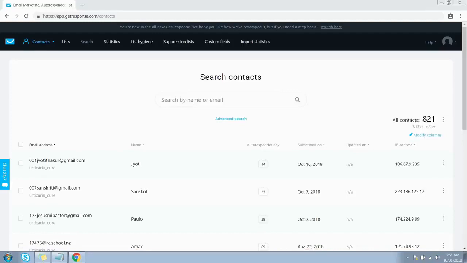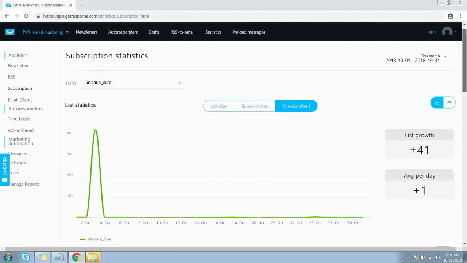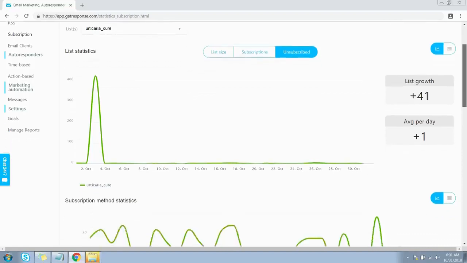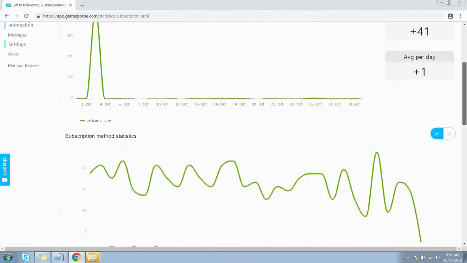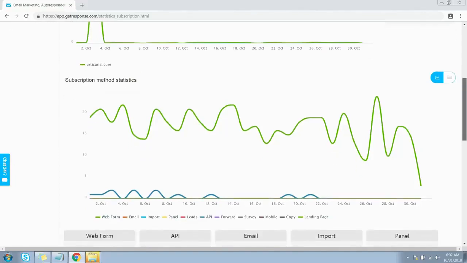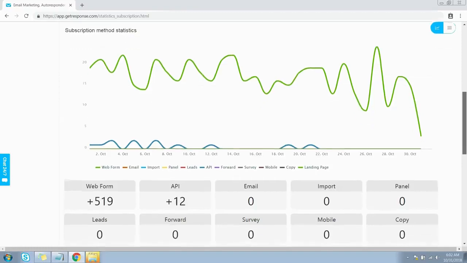So now let's move on to the statistics. Just click on the statistics link on the menu bar. So from the subscriptions, you can keep track of opens, clicks, social media shares and unsubscribes, all from one intuitive analytics dashboard. You can segment the contacts based on their message engagement and take the further actions that you want. You can do real-time activity tracking that lets you take a bird's eye view and watch contacts all over the globe receive, open and click your messages.